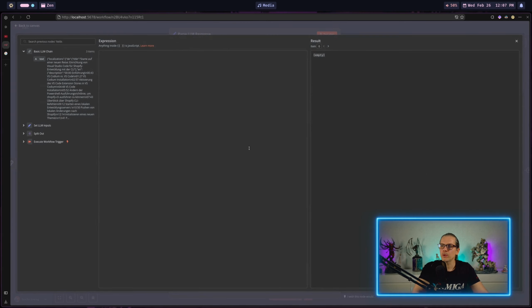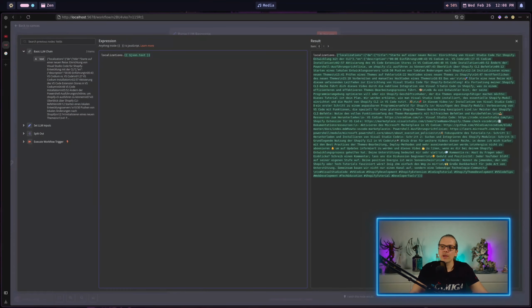So first of all, we will start with the field name. And in this case, we want to, again, follow the structure of the output we want to have for YouTube here. And then, of course, I want to have this flexible because this will output different language keys dependent on the target language. And what I can do now is create an expression here. And I can take JSON dot text